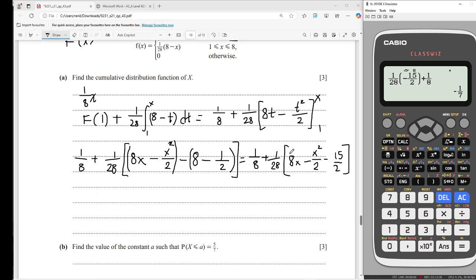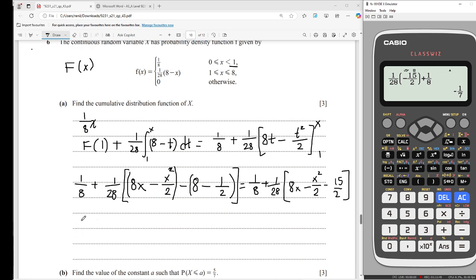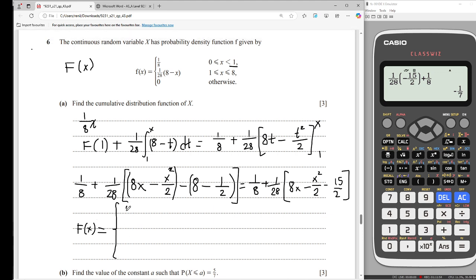So with that being said, we've got 1 by 28, 8x minus x squared by 2, bracket minus 1 by 7. So we can simplify that, but we'll do that just later. So finally our CDF f of x is equal to, now we're going to write here, first thing that we do for a CDF is put 0 on the top and 1 all the way below. Okay, this is just a format that you have to follow,